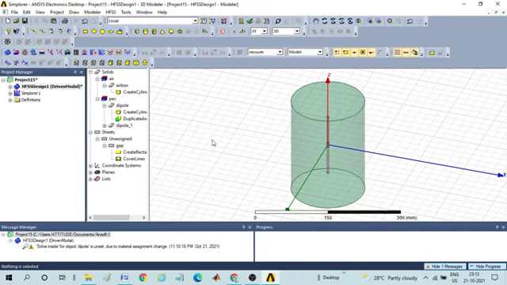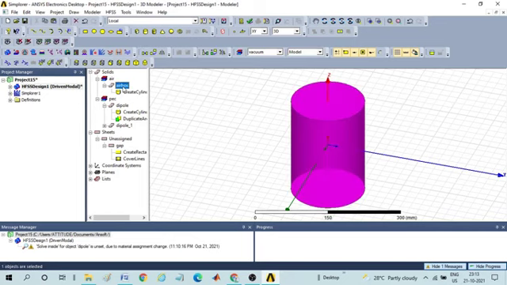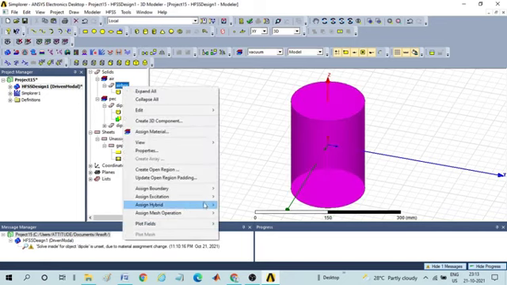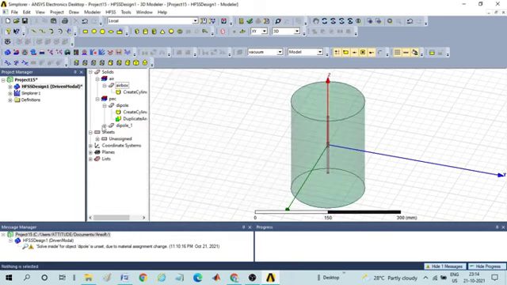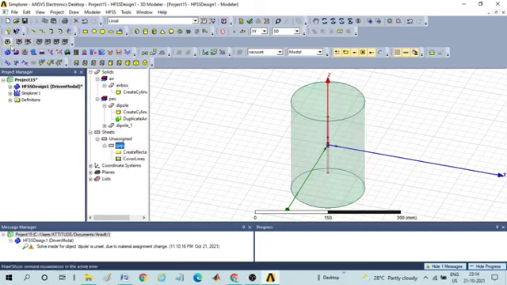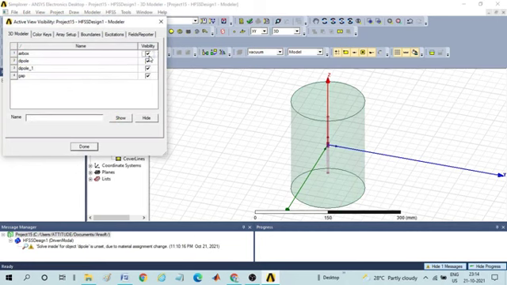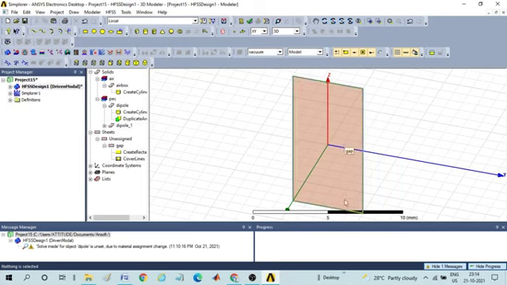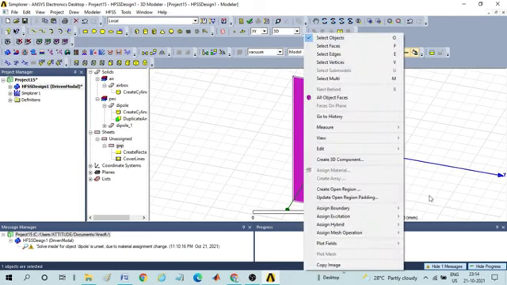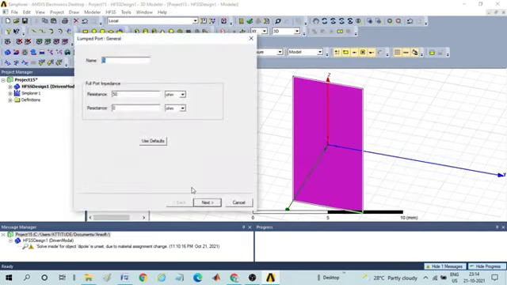So now the next condition will be assigning the boundaries. Right click on air box, assign boundary, give radiation. Then again you have unassigned sheet. So here I have to first use the display, remove all other dipole as well as air box. Now press Ctrl D. You can see the gap being kept as a rectangle. Select it, right click, assign excitation, go to lumped port.